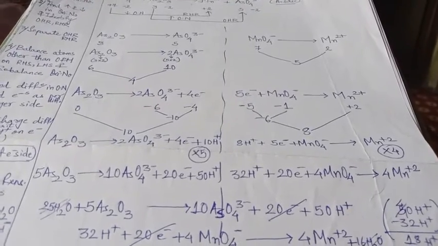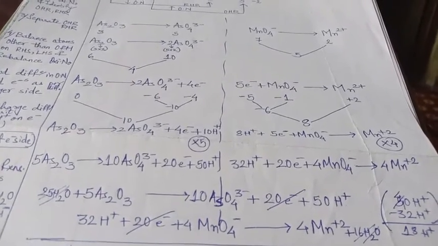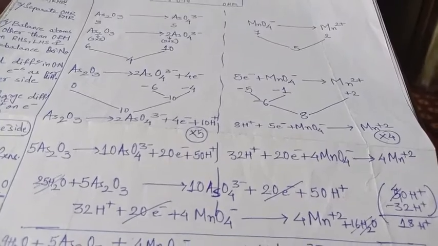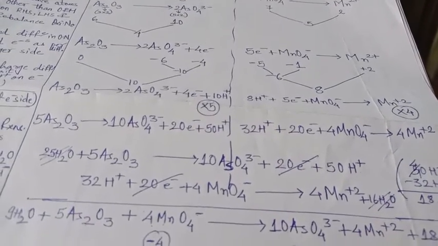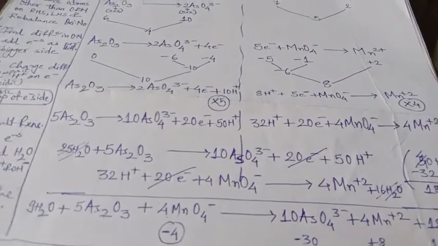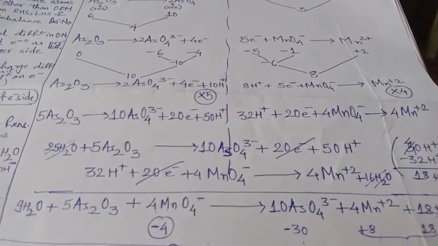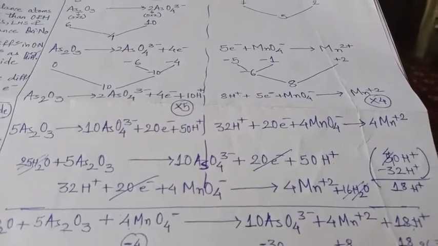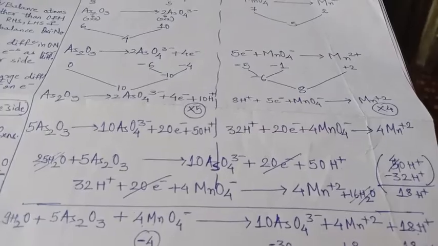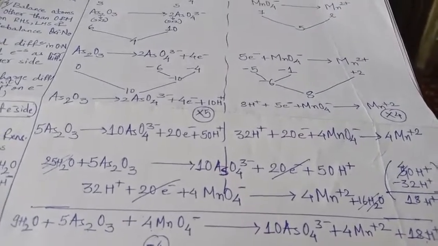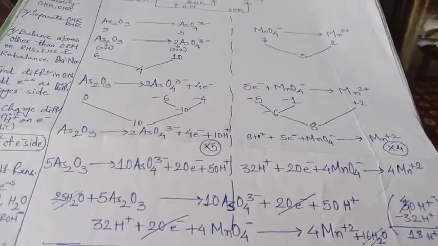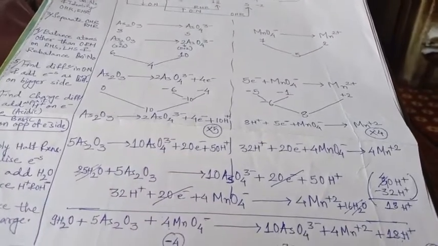That means if the bigger number is here, 6, then you will have to add it on 2. Here the bigger number is 10, then you will have to add it on the 0 side. On the opposite side you will have to add OH minus. While adding H plus and OH minus, don't bother about the negative sign. Only see the numeral value and find out which one is bigger and which is smaller. Right?